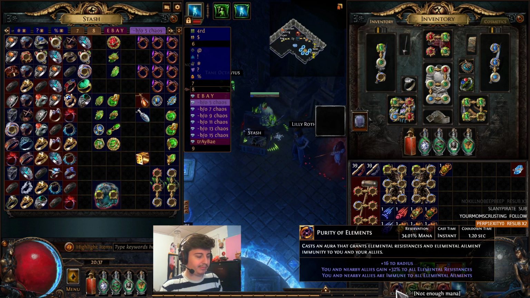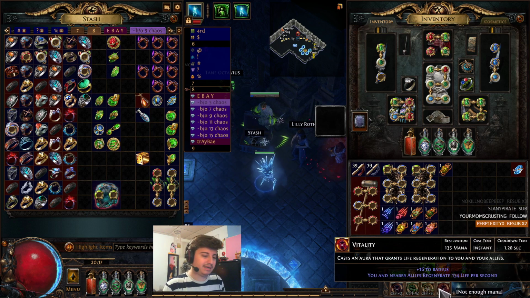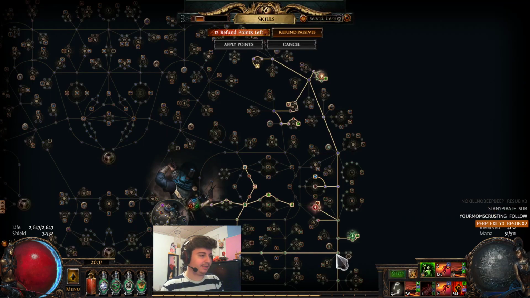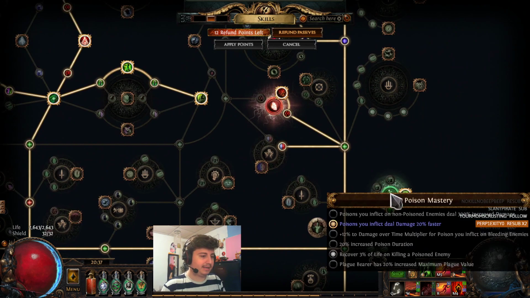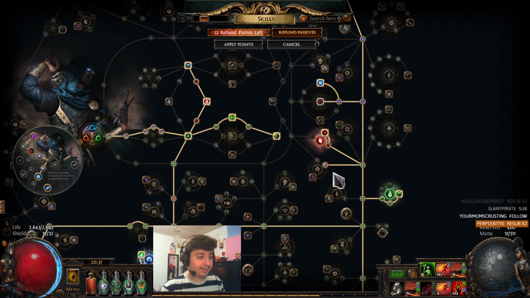Right now we are running Purity of Elements instead of things like Determination. Might not need to run Vitality, but I don't know, life gain. We have good life gain on kill because of Noxious Strike: recover 0.5% of life per poison affecting. Between that and the recover 3% of life on killing a poisoned enemy, that's pretty fantastic recovery while mapping, but